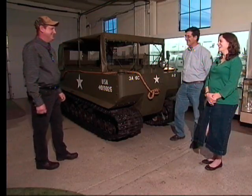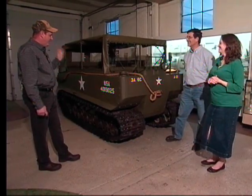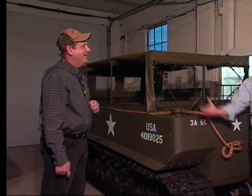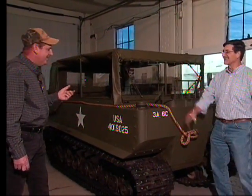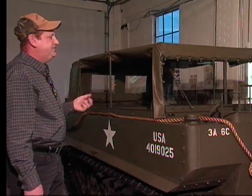So, Bill, where did you come across this particular weasel then? I don't know the background of this vehicle that well. It came from a collector in New Jersey. I purchased it from him in 2006,